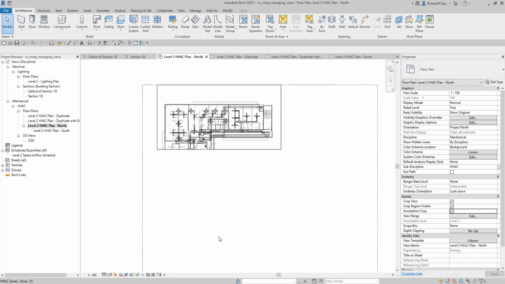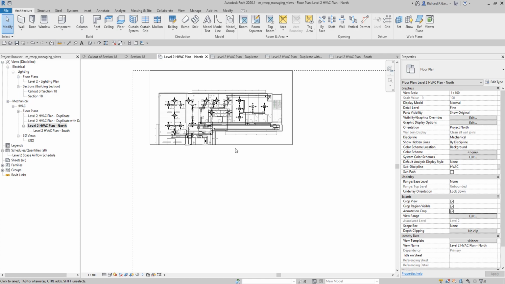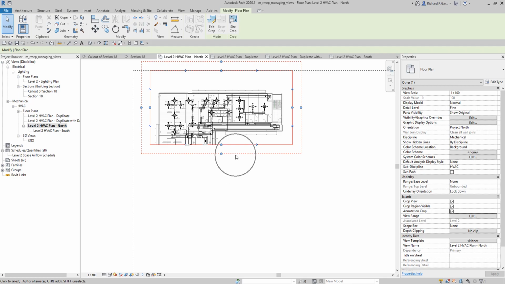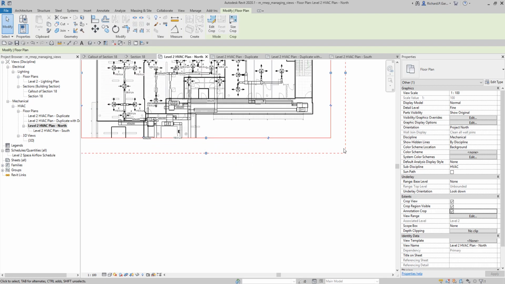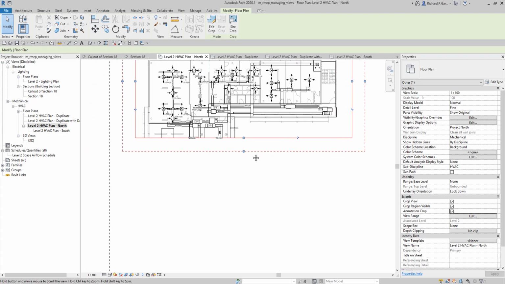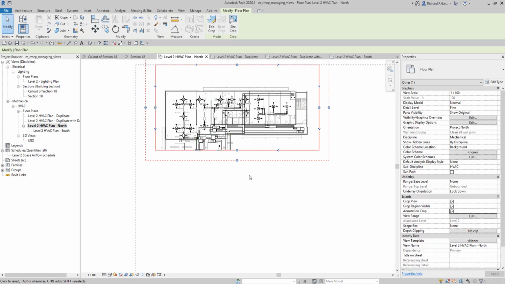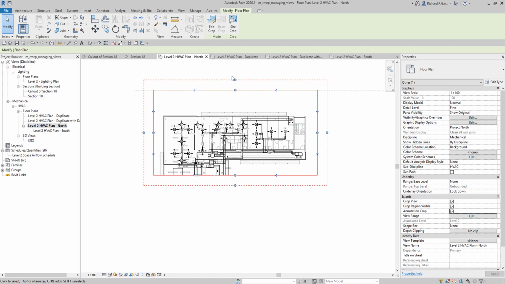notice that the annotation here disappears, because if I click the crop region, you will see the blue dot here, or I mean this dash line. This dash line is our annotation crop. So any annotation outside this annotation crop will disappear if you activate your annotation crop. If I uncheck this one, the annotation will show again, right? But if I click this, all the annotation that touches this annotation crop and is outside the annotation